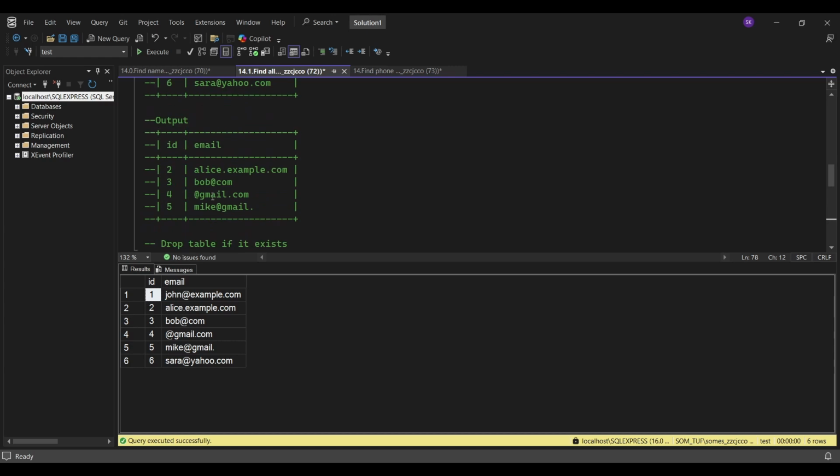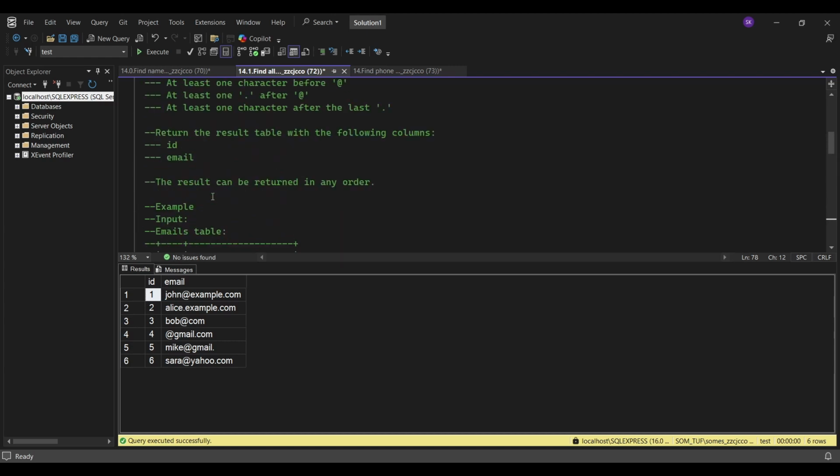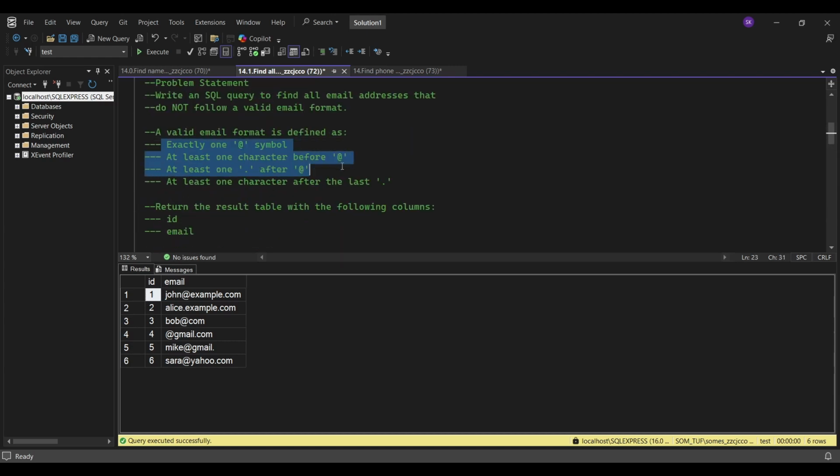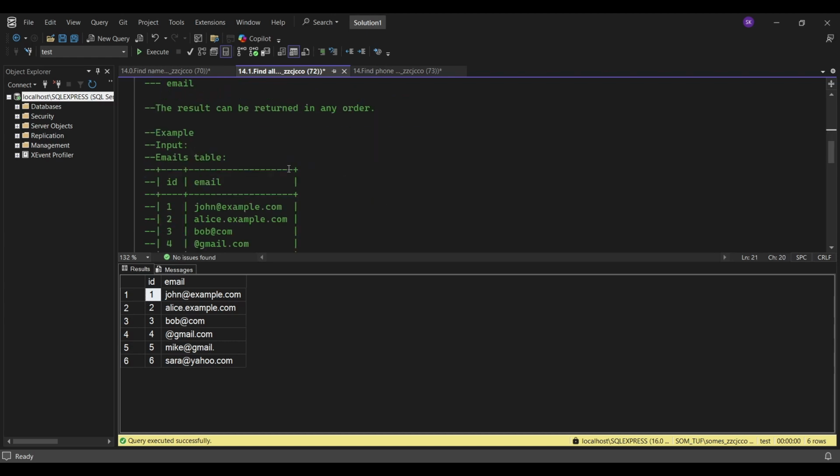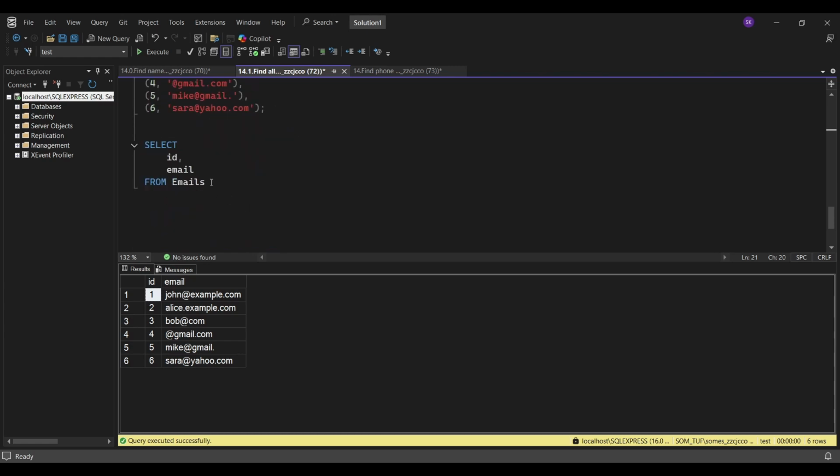It's the simple task of adding all these conditions one by one. We have to check that it must contain @, so let's do it one by one. Here I'll say where email not like